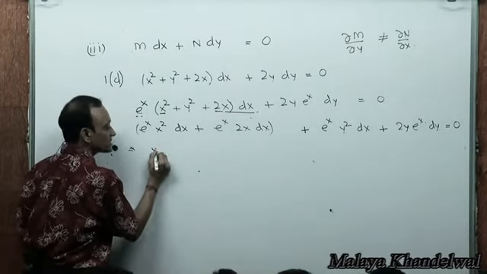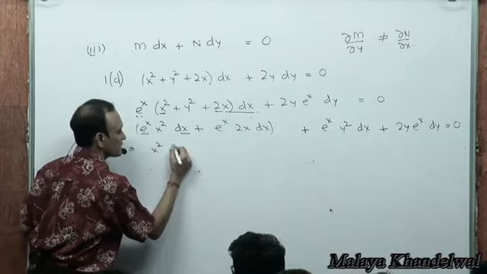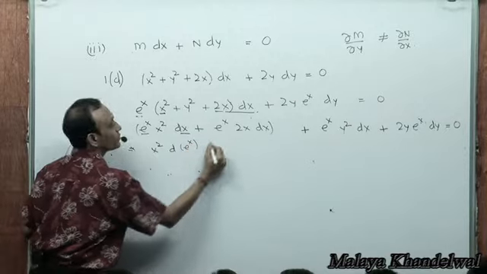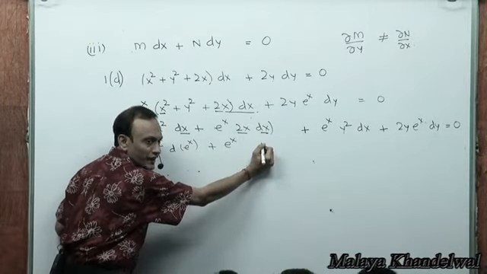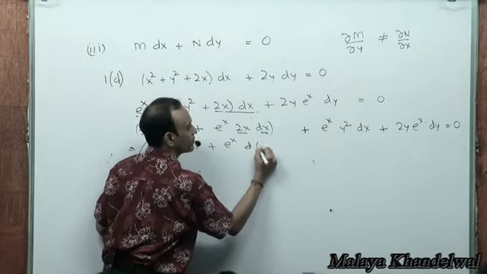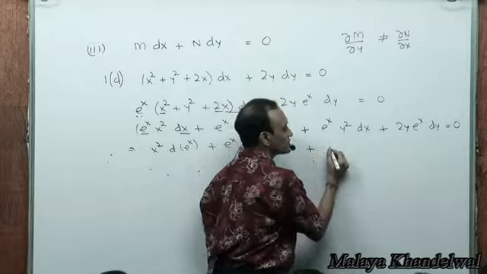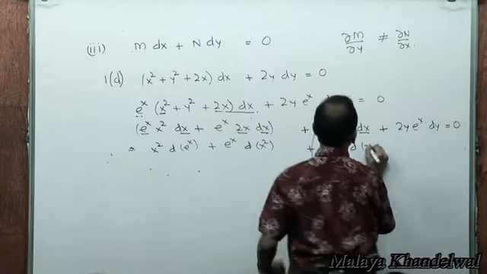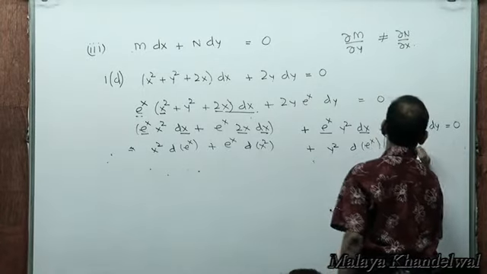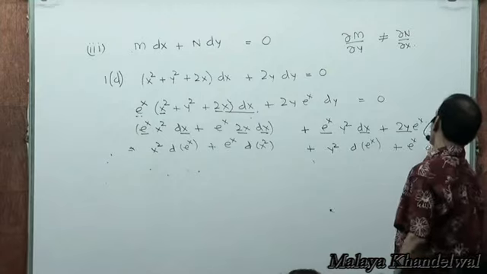You get x squared e power x dx is d of e power x, plus e power x 2x dx is what? D of x squared. Now look at this. This is y squared e power x dx is d of e power x, plus e power x 2y dy is d of y squared